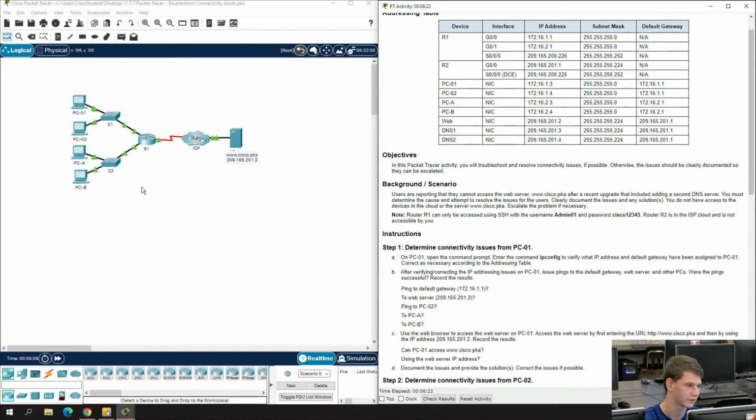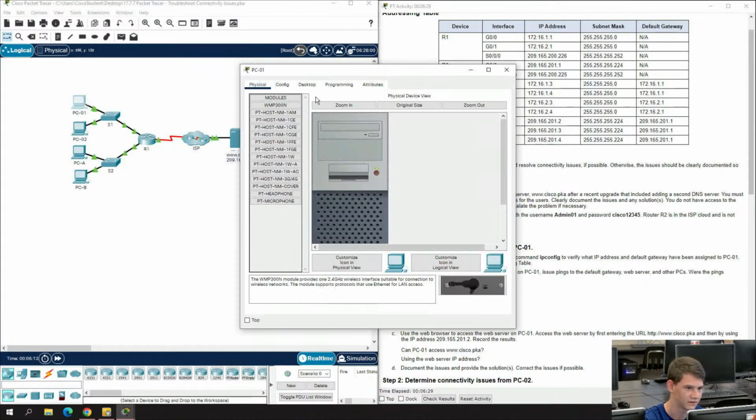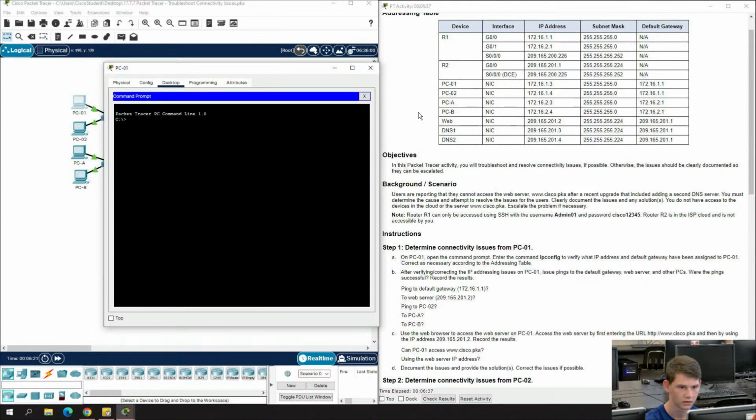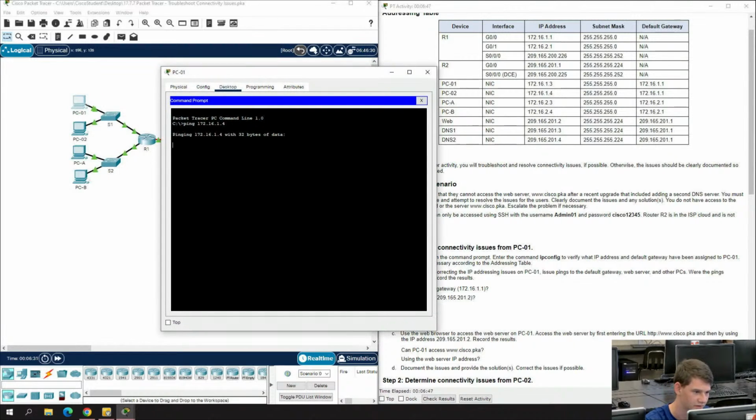Okay, so the first thing we're going to do is verify connectivity within S1. So we're going to open PC1, go to a command prompt, and double check that it can ping PC2. PC2 is right here, so we're just going to type in ping. And right away we see we can't ping PC2. That's a problem